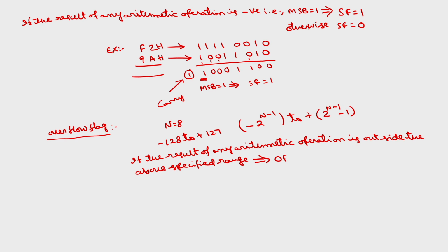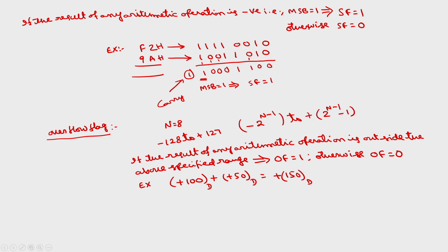...implies the overflow flag is set, otherwise reset. If I take, for example, if I want to add 100 plus 50 decimal, assuming that this example is decimal, what will be the result? Plus 150,